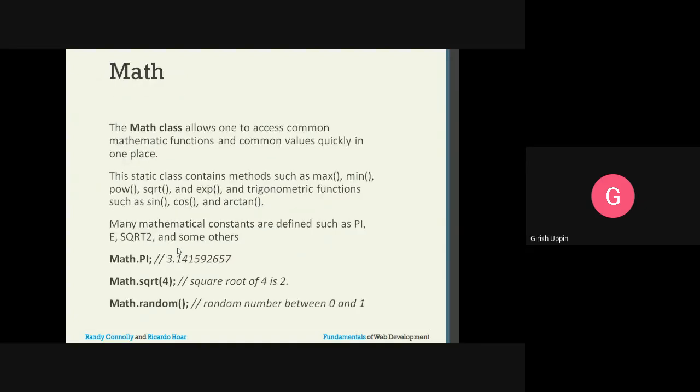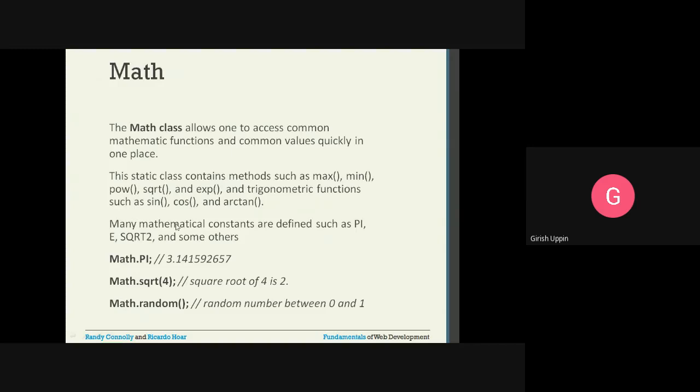Another important object that we have is Math. The Math class allows us to access common mathematical functions and common values quickly in one place. Most of the time, in whatever language provides a math library, the math class would be a static class. This is a static class, containing methods such as max, min. Max will get the maximum of whatever values you have given. Min will get the minimum value of the parameters you have used. This is power, square root, then exponential,